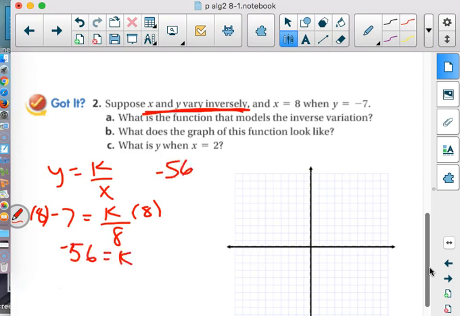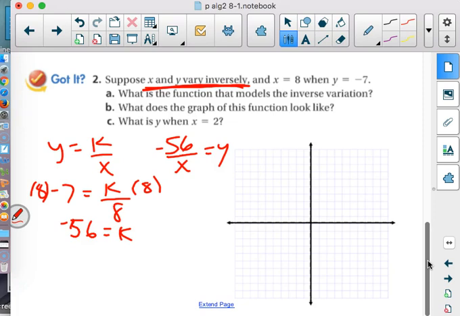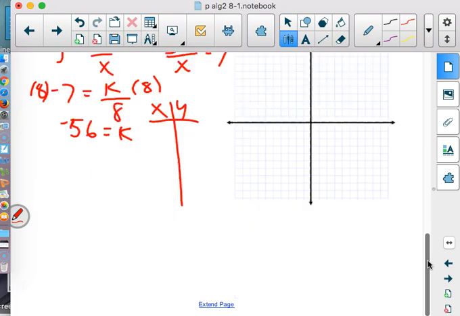Now, what did we say about where these were going to show up if it was negative on top? Yeah. So the first one we did was positive. It was quadrant 1 and quadrant 3, if you remember your quadrants, 1, 2, 3, and 4. But with a negative, it should be here and here. Well, let's check it out. Give me a nice set of numbers between negative 10 and 10 that you know will multiply to 56. 8 and 7. So let's use 8 and 7, 7 and 8,